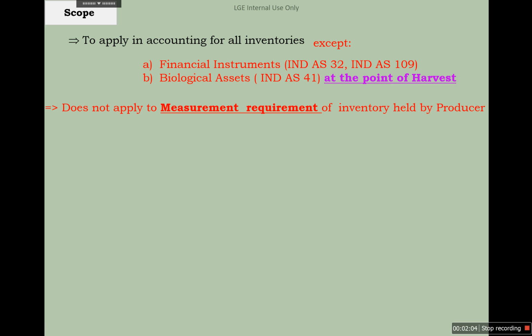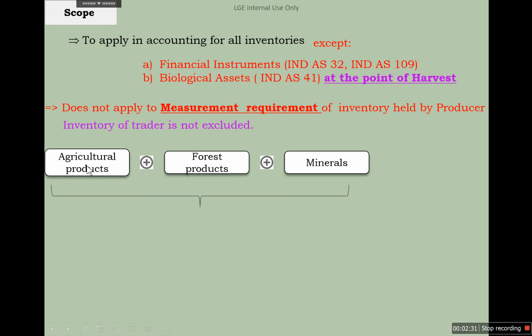So it is measured as per Ind AS 41. And in respect of the measurement requirement, Ind AS 2 does not deal with the measurement requirement if this inventory is held by the producer. If the inventory is held by the traders, in that case, the measurement requirements are also applicable. But if this inventory is held by the producer, the measurement requirement of Ind AS 2 will not be applicable. So, in case of agriculture products, forest products, and minerals, if these are measured as per industry practice at NRV, in that case, the Ind AS 2 measurement requirements are not applicable, and